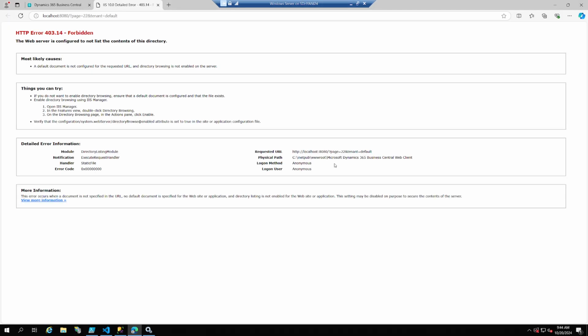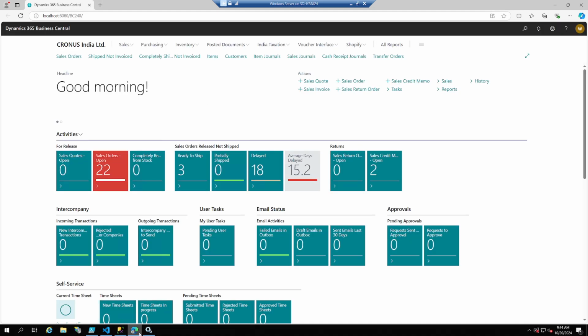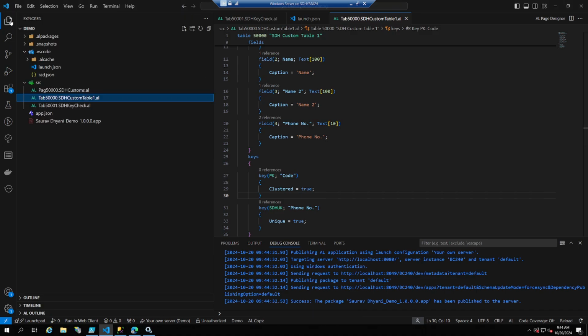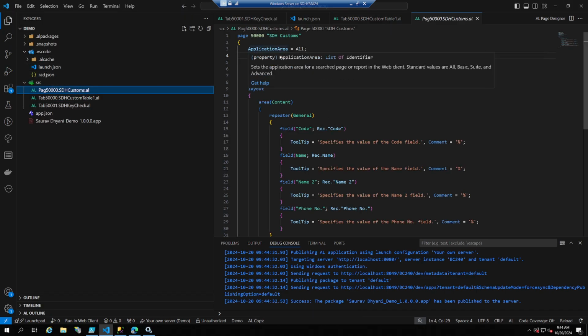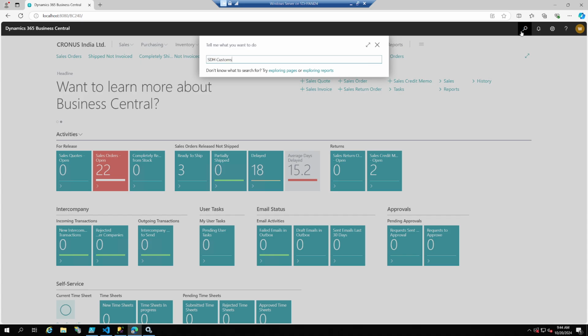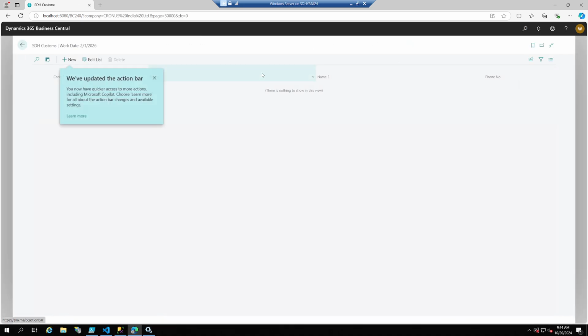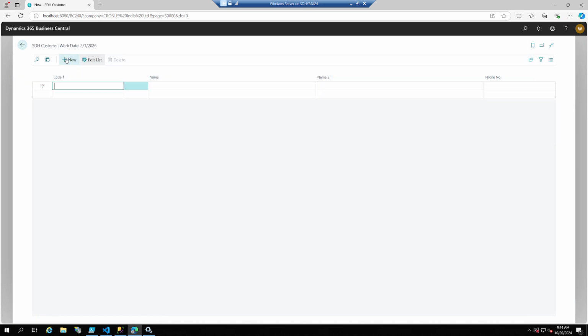Now let's deploy this, and let's search for the page which we have created. Let me see the page name. The page is called SDH Customs. So let's open that. Okay, this is a list page which allows me to enter records. So I can go ahead and create new and say this is my code 001. The name is Saurav, name 2 or last name is Dhyani, and my phone number is